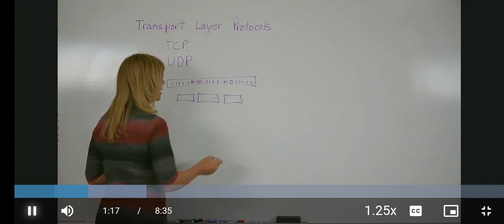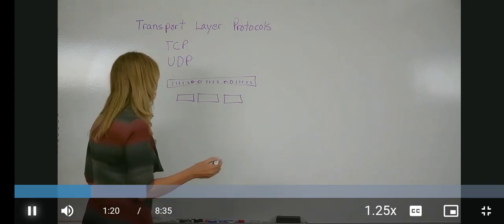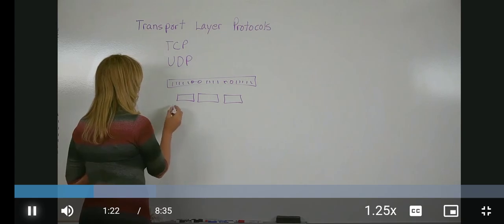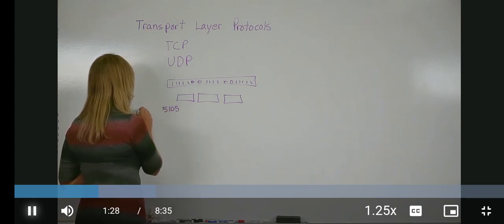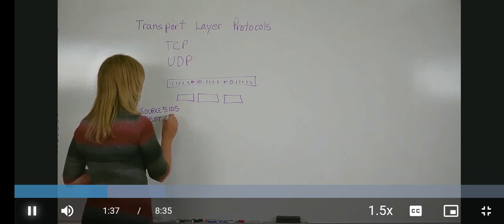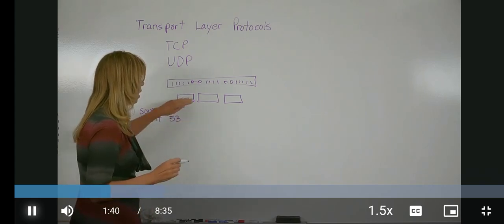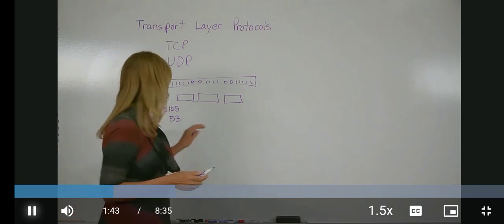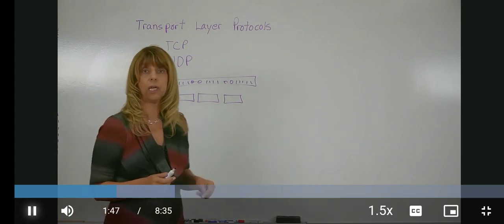And each of these segments gets some port information in the header. So it's from, say, a random port, 5105, as the source. And let's say the destination is a DNS server. So that would be port 53. Each one of these segments is labeled with the source port and the destination port so that they become part